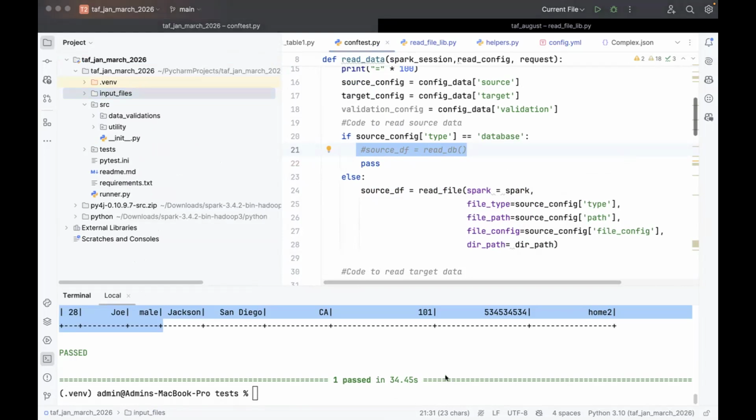If you have any questions, we can discuss. Otherwise, I'll stop here today. So Srini, for the database, do we need